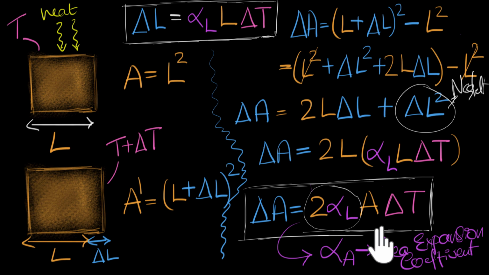Now you may wonder that we derived this expression and we got this result for a perfect square plate, but would it work for any other shapes? The answer is yes, and you can try and do it yourself for shapes like say a rectangle or a circular plate. Try them, it will be a great exercise, but it turns out that in general, if you take any shape, even 3D for that matter, and you calculate the changes in the area due to changes in temperature, you end up with exactly the same result as long as you're dealing with very tiny changes.